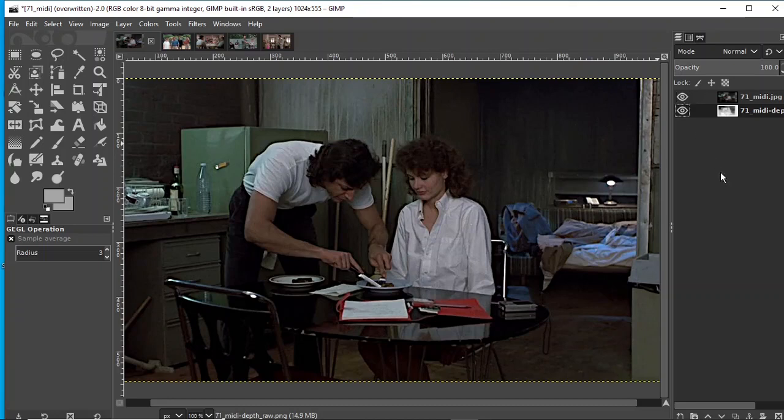Okay, so I'm going to do this for the other four, and then I'll do MiDaS. So when I'm back, I'm going to be doing MiDaS. Oh, by the way, before I forget, something that you